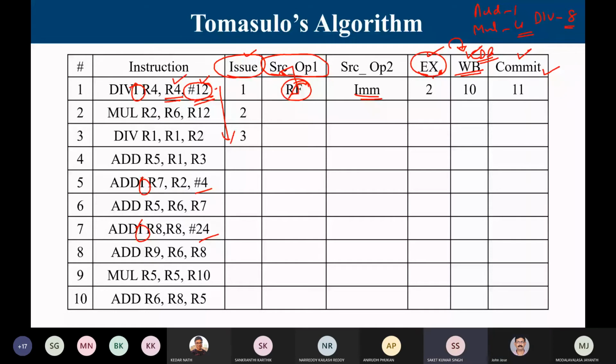Yes, sir. Got it. Is it clear now? Yes, sir. Any other query to anyone? So I request you to carefully look through the process by which it has been done. So let me clear this marking so that it is easy for you to understand.